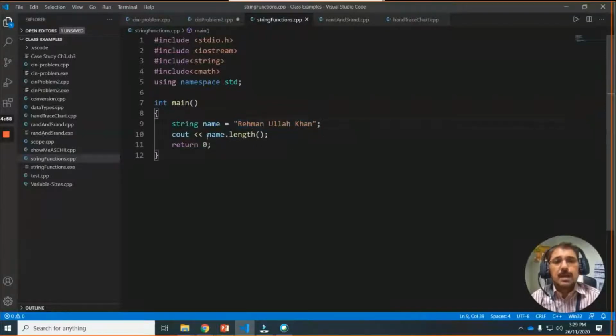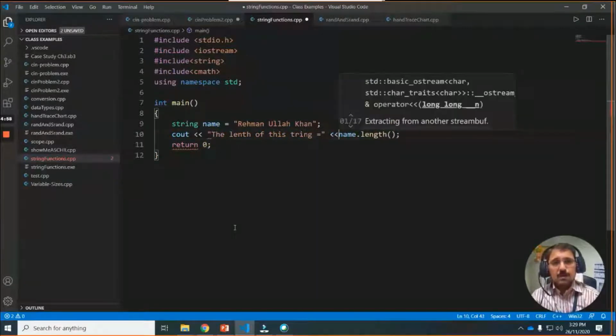So 17 characters. And if you want to add a prompt, then "the length of this string equal to" this one.